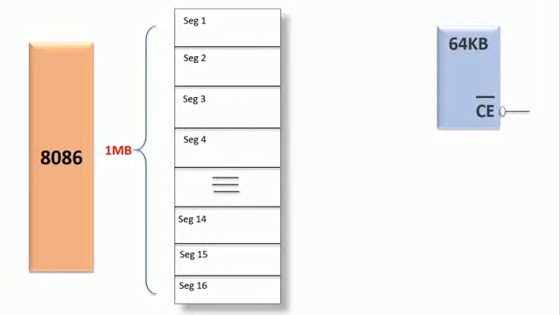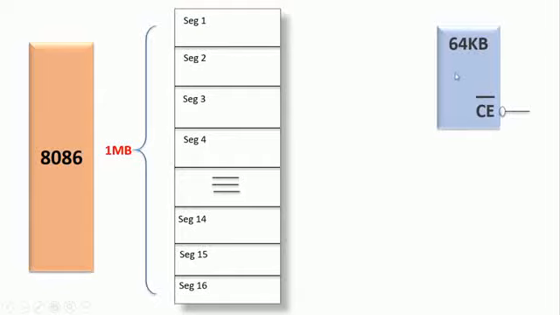But in order to avoid the complexity of the interfacing diagram, I am not considering the rest of the control signals like output enable and write enable. I am taking only the chip enable signal. The remaining control signals also exist, but I am not considering them. Okay. So now, when you would like to interface this particular 64 kilobytes of memory space to the microprocessor,